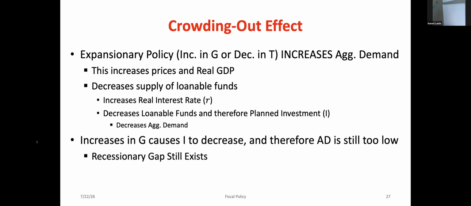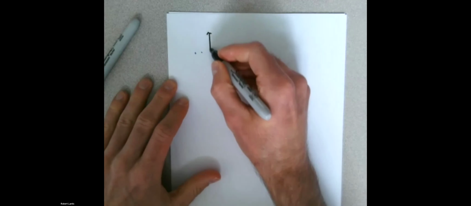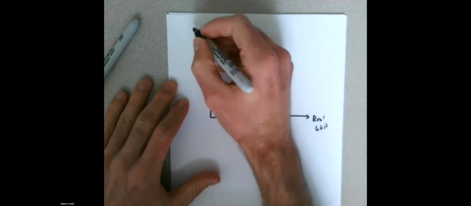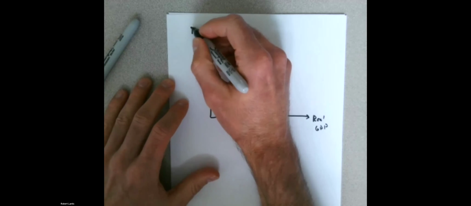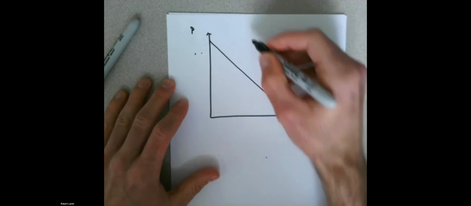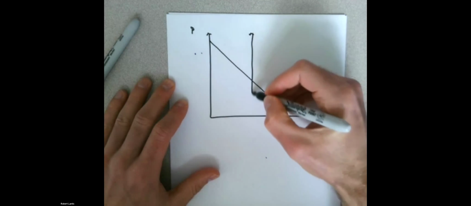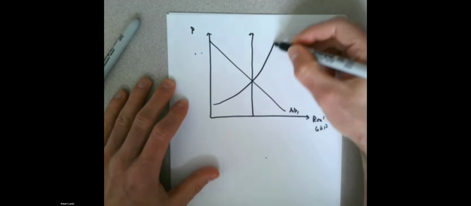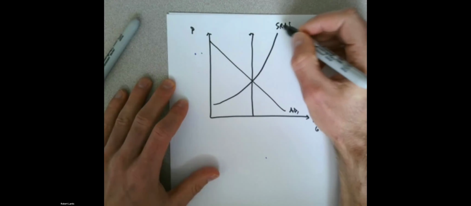So what does this look like? I think I've got something in the slides, but let's go through it. I'll build this out for us, and you always have those slides to go back to. The slide doesn't quite have as complete a thing as I'm going to work through. Once again, value added of attending this live and making sure you're watching these videos. So we've got initial aggregate demand, our long-run aggregate supply and our short-run aggregate supply curves.